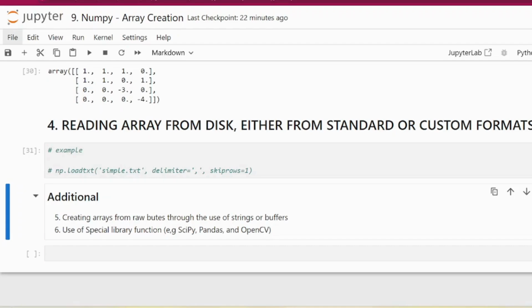And additionally, the fifth one is creating an array from raw bytes through the use of a string or buffer. There are a variety of approaches one can use. If the file has a relatively simple format that one can write from simple input output binary, use NumPy fromfile function or tofile method to read and write NumPy arrays directly from the file. And just to mention, use of special library functions from SciPy, Pandas, and